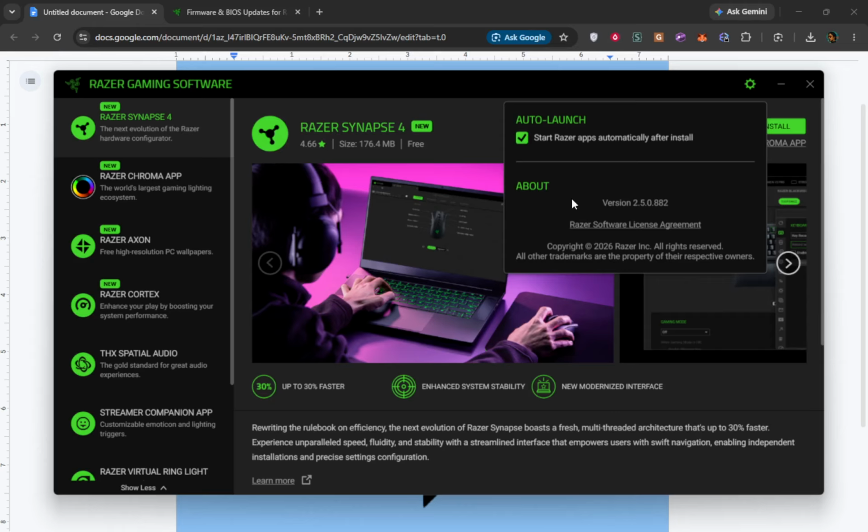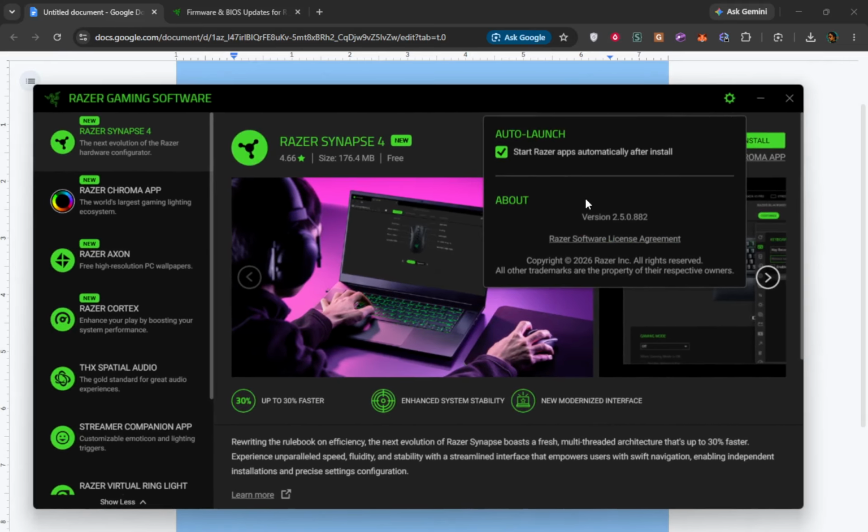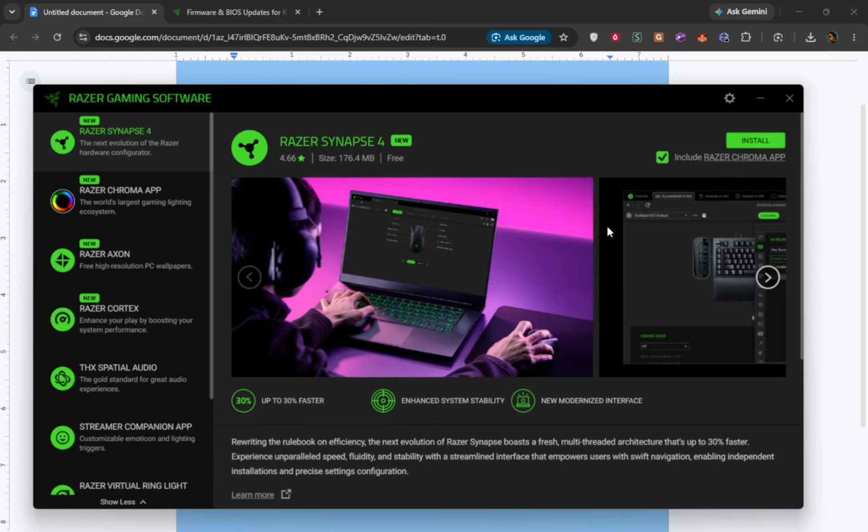After clicking the settings icon, find and select the Check for Updates option. This option will prompt the software to search for any available updates for your mouse. If an update is found, you will see a notification indicating so. This is a key moment because it confirms that your device is eligible for improvements. You want to ensure your mouse has the latest features and bug fixes.